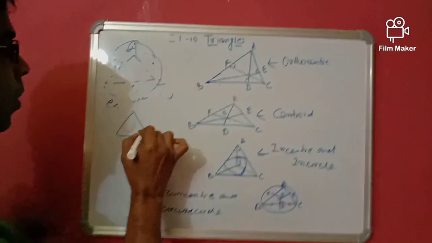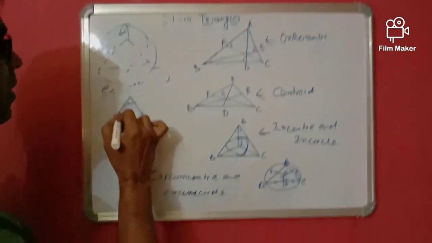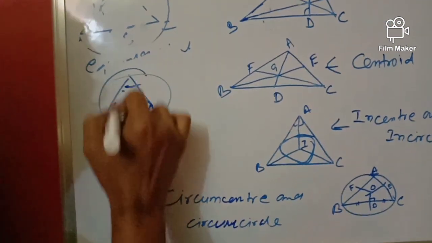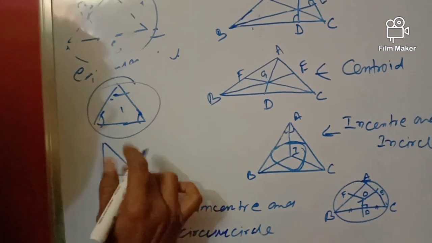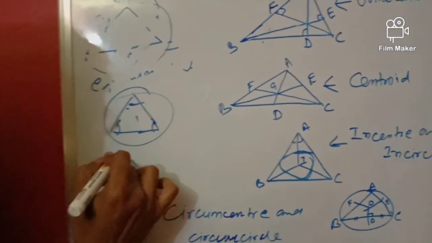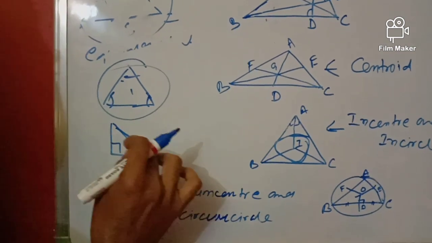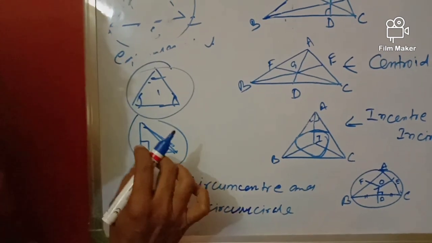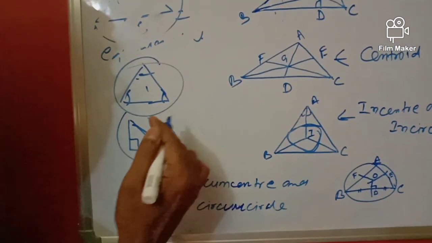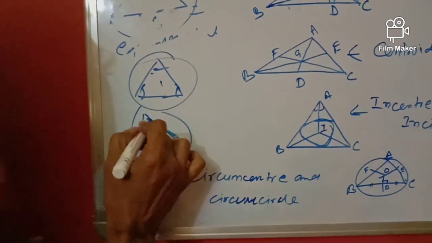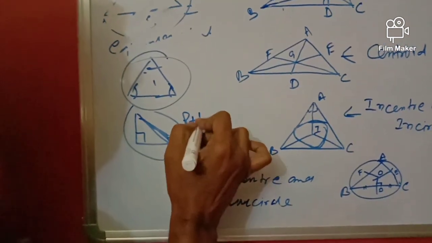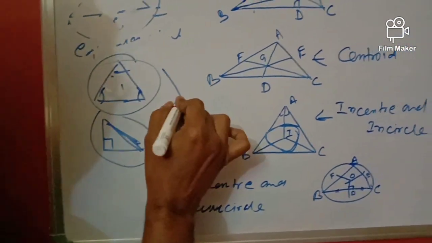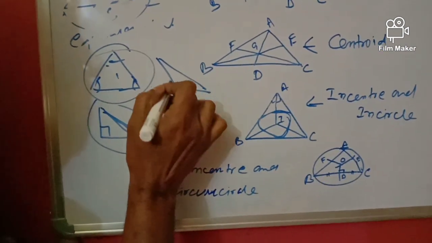Acute angle triangle means if all the three angles of a triangle are acute, means less than 90 degrees, then we call it an acute angle triangle. Right angle triangle: if one angle of a triangle is a right angle, means 90 degrees, it is called a right angle triangle. Opposite of the right angle is known as the hypotenuse. Now, after right angle, we are going for obtuse angle. Obtuse angle means if one angle of a triangle is obtuse, means greater than 90 degrees,